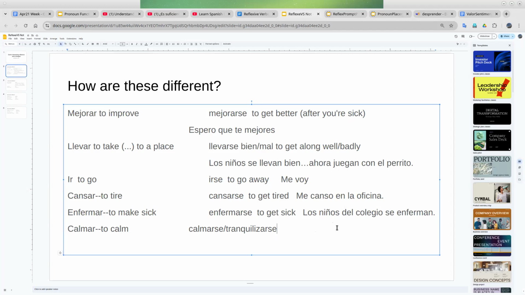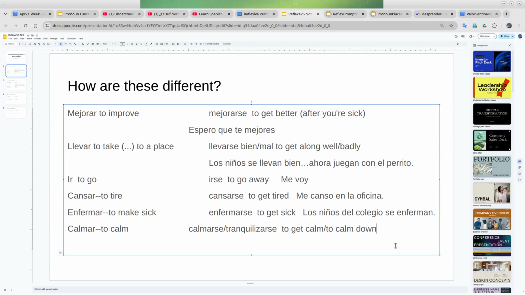The idea of calmar, something calms you, okay? See, el calor me calma, the heat calms me. But calmarse is, again, going to be a change of state or feeling, to get calm. Or we might say in English to calm down. And notice we use a lot in English with doing things up and doing things down. We have a lot of verbs that do things like that in English with an up or a down kind of idea, right?